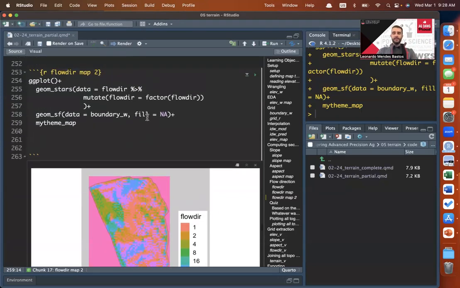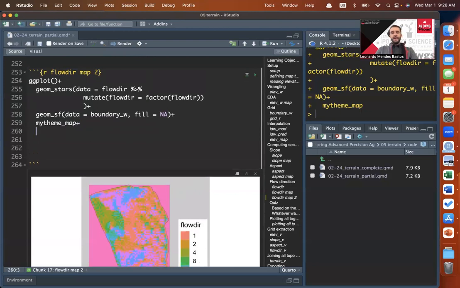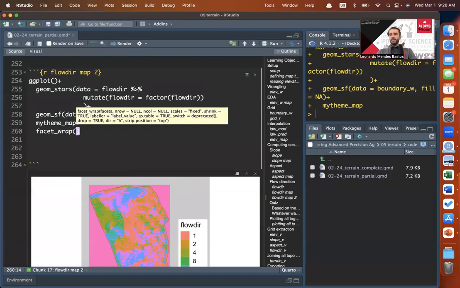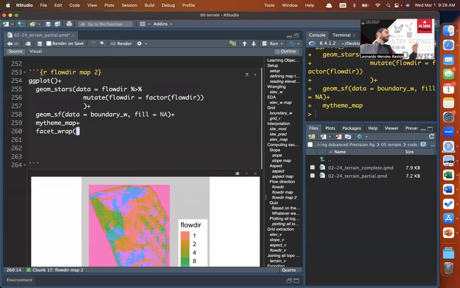If we just come back to the code, we just add a plus. ggplot has a few functions that begin with the word facet. We're going to be using facet_wrap. The way this works is you give it a column name, and it basically looks at all the different values within that column and creates a map for each one of those levels. The way we say what column it is, we need to give it a tilde, that squiggly line, and say what's the name of the column that has these values,